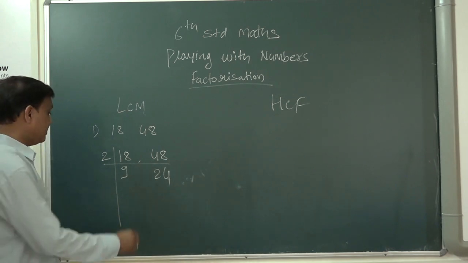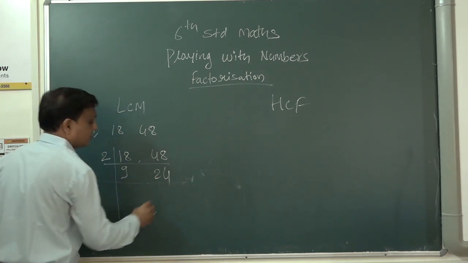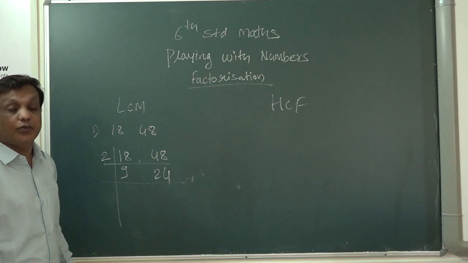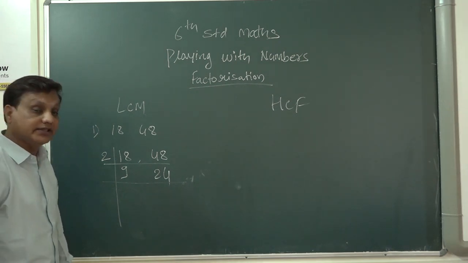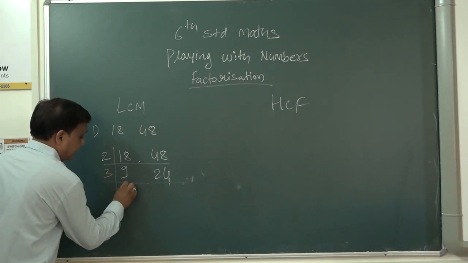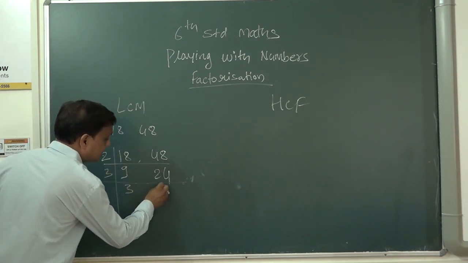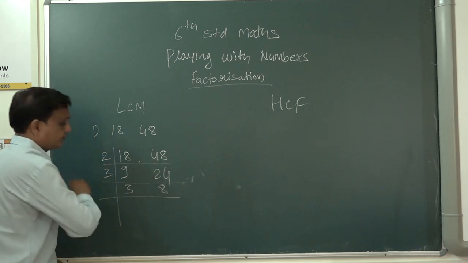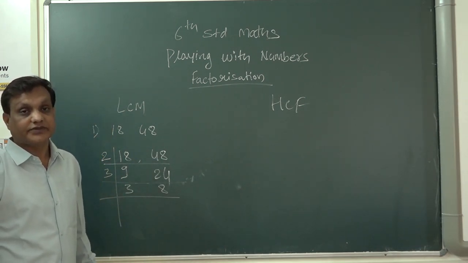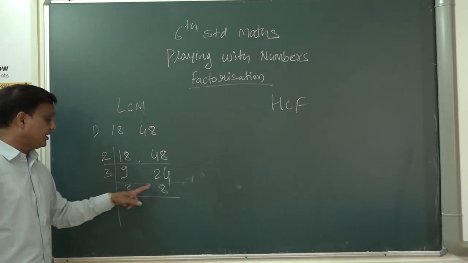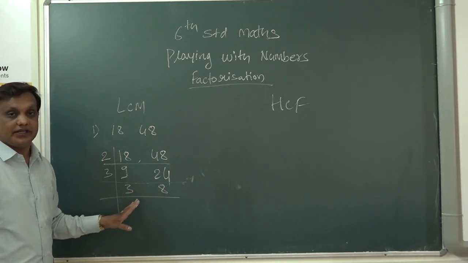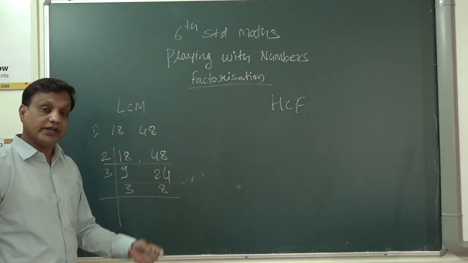Now next again we have to see these both numbers are going to be divided by which number? The both numbers, 9 and 24, are going to be divided by 3. So 3 3s are 9 and 3 8s are 24. Now this 3 and this 8 will not come in the same table. They both will be coming in different tables. So you can take them differently.